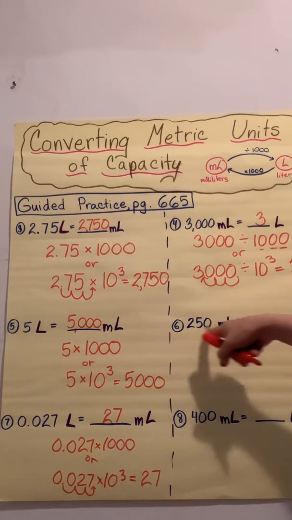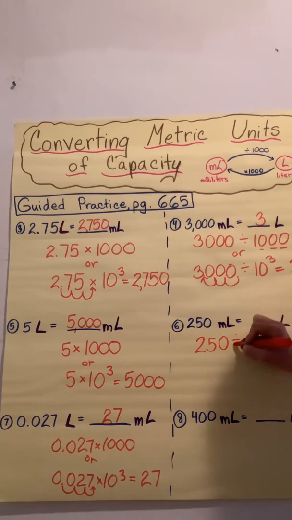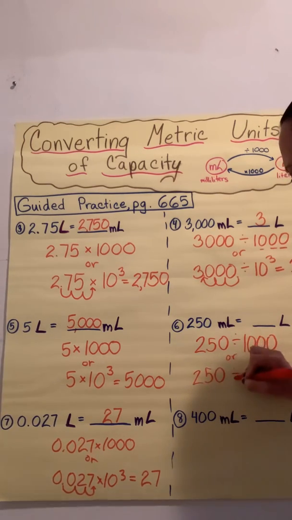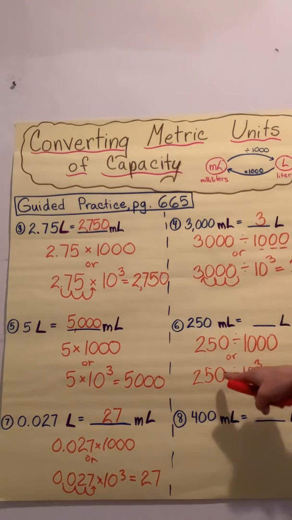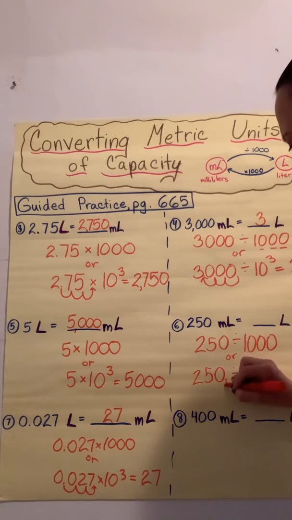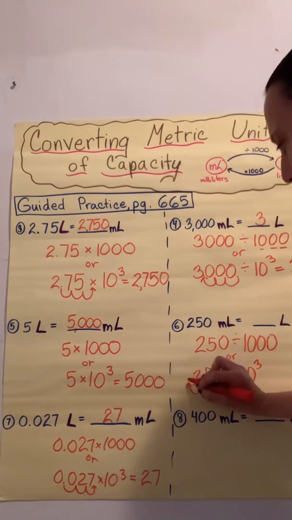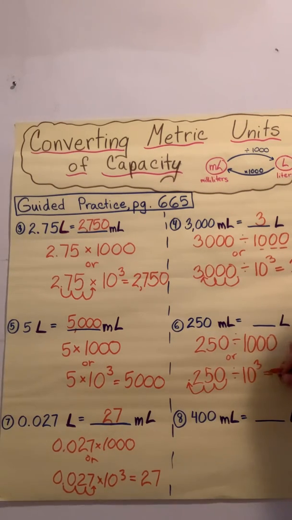Now I have 250 milliliters divided by 1,000, or 250 divided by 10 to the third power. So if I want to move this decimal point, again, it's at the end of the number because it's a whole number, 1, 2, 3 places to the left. That means the decimal point is going to be right in front of the 2. So I know I put a 0 there,